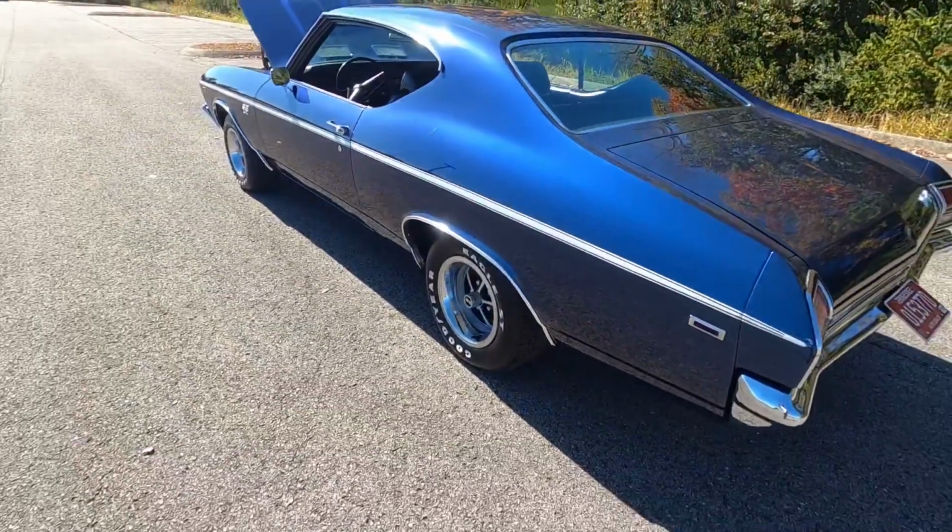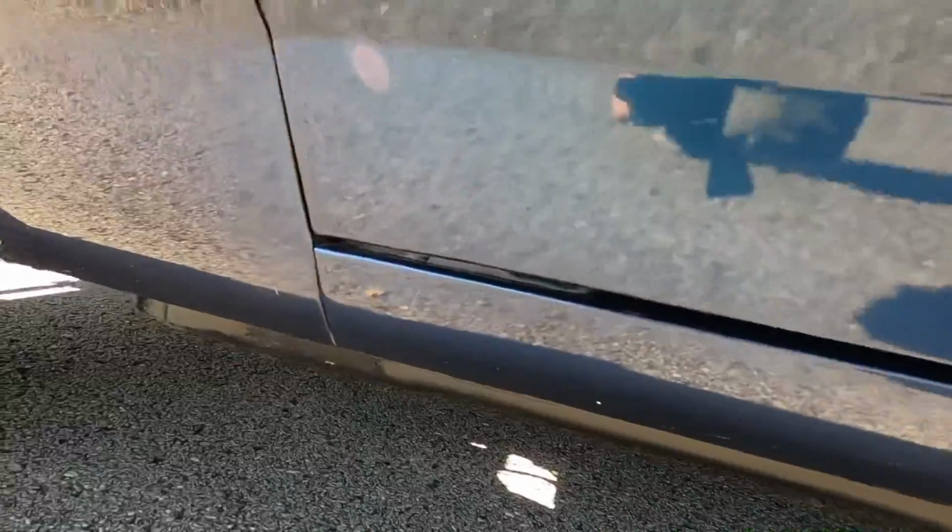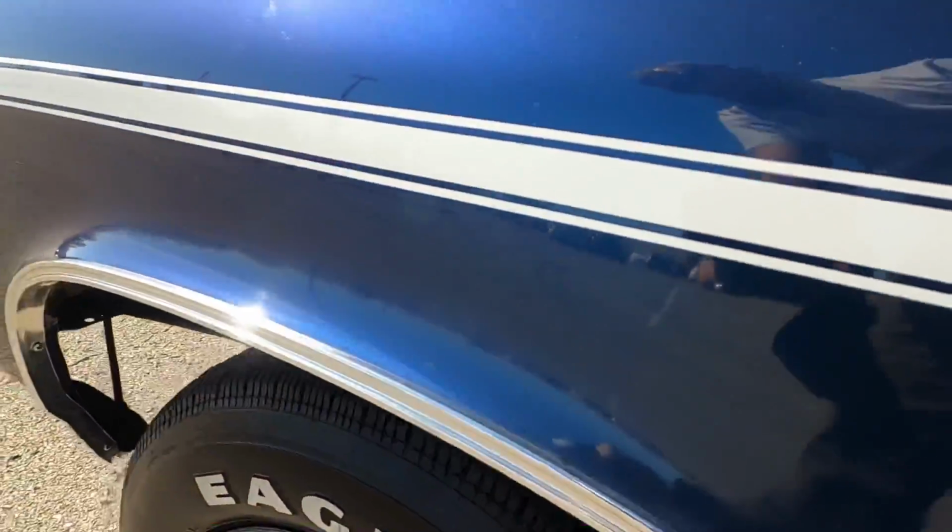Let's run down this side now. Well, looks like a touch-up spot there in the corner. Back tires are in good shape. Up and over the rear fender. Down your lower portions. I'm not even seeing a chip on these lower portions. Usually I'll find something, people kicking it, getting in and out, but they watched out when they got into this